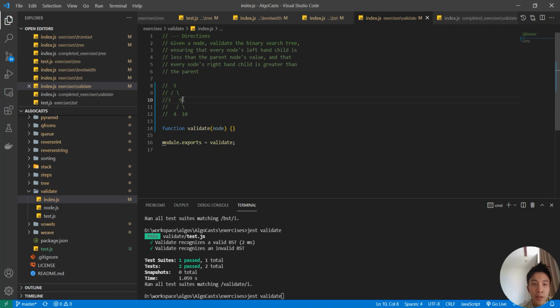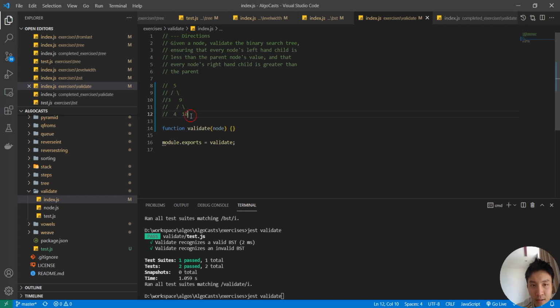But if we move down here, let's consider another branch, a right branch. As you can see, 4 is less than 9 and 10 is greater than 9, so it is a binary search tree if you consider only this branch. So you might think that this is a binary search tree and this is a binary search tree, and this is a binary search tree too. It has no children, but so